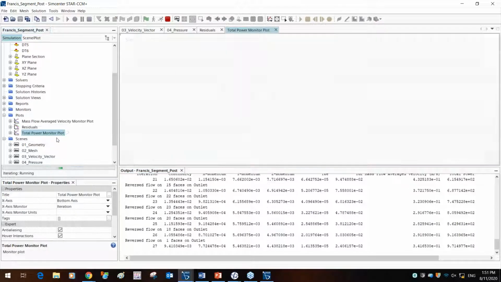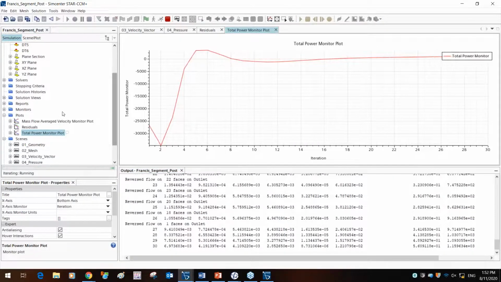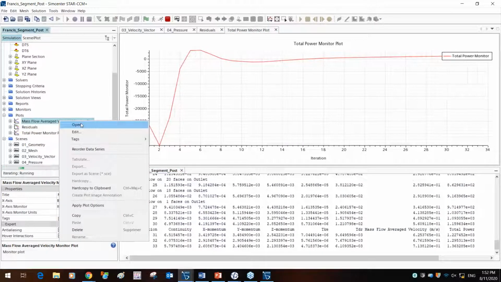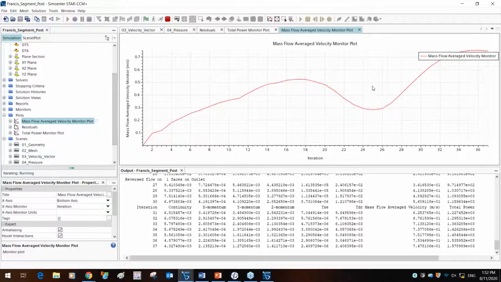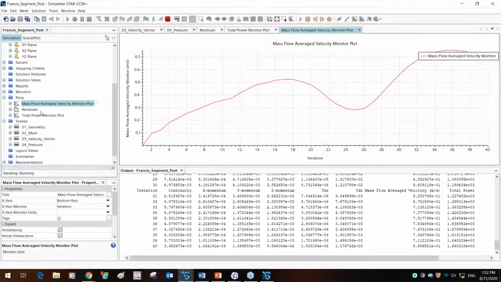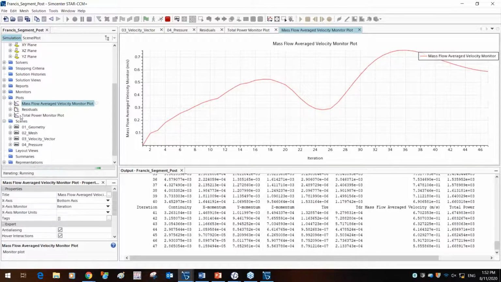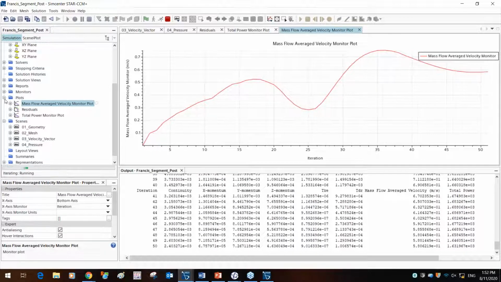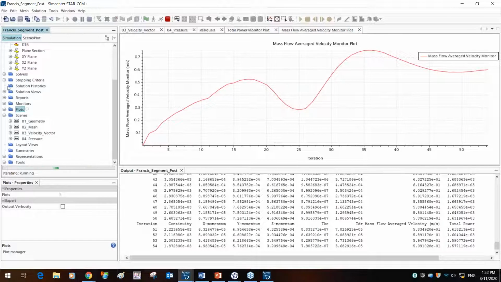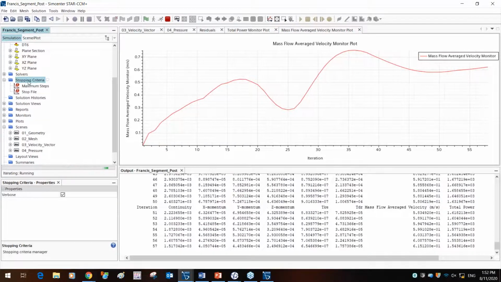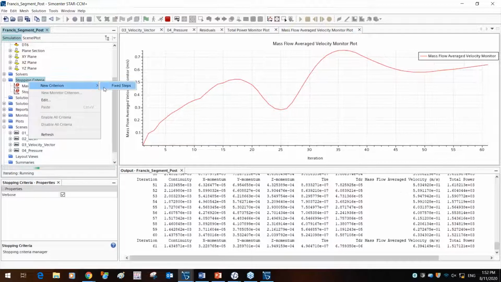I've also created a report for looking at total power, the mass flow averaged at the outlet, as I showed earlier on. So once this converges, one key feature over here is, we talked about stopping criteria, and we looked at stopping criteria in terms of just steps and features, but you can also create stopping criteria with regards to reports.